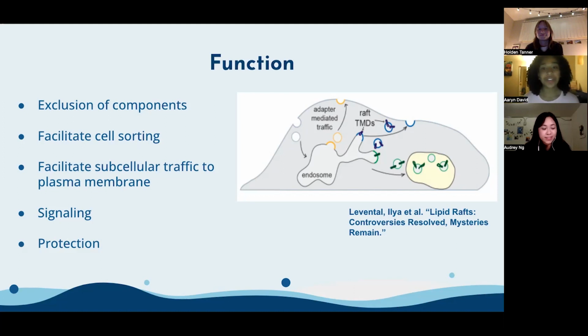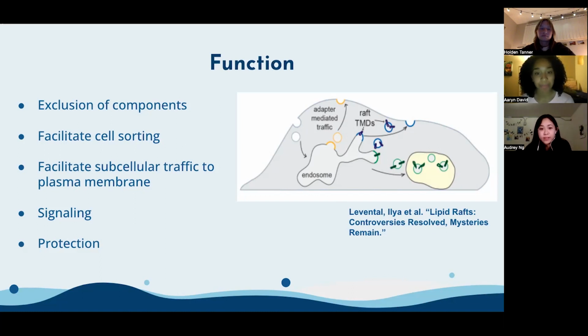And the exclusion of components goes hand in hand with facilitating cell sorting, because this exclusion of certain proteins is useful in the act of cell sorting because mainly only components that like lipid rafts accumulate in them, being on a basis of aggregating with molecules with similar properties like polarity and solubility, as well as that they may be used to organize subcellular traffic, segregating components and sorting organelles like the Golgi and endosomes to facilitate their traffic to